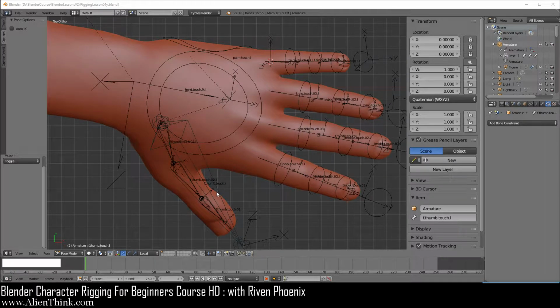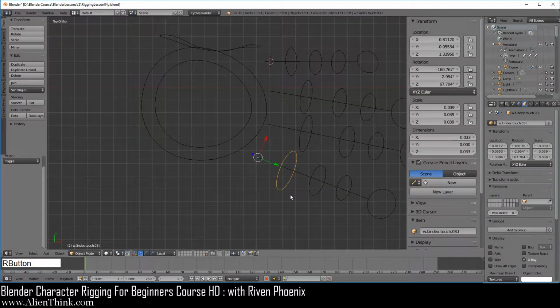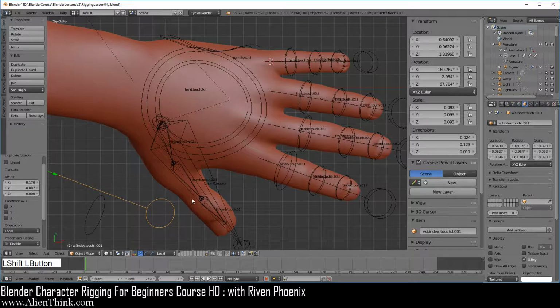Okay, so let's go ahead and set up the bone shape. First go ahead and go to this layer and let's just click on this, do Shift D to duplicate it and place it over here. Click on this, do Shift D to place this one over here. Now go ahead and press the Shift key down and click over here.